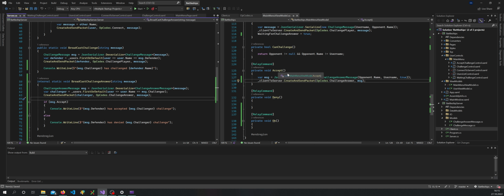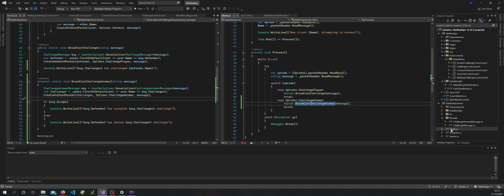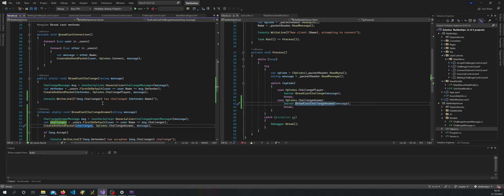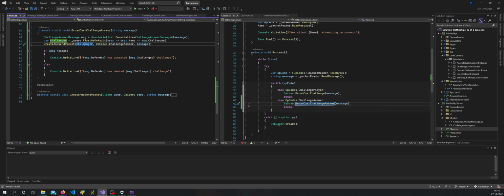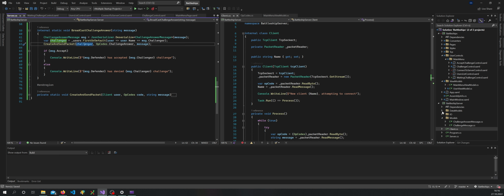Okay, so if I say accept, this is true, this is the message received by the client, then we have to broadcast the message, which we end up in here, broadcast challenge answer, then we find the challenger, and then we notify the challenger of our challenge answer, of our message, and then we have some console output. Okay, and now back